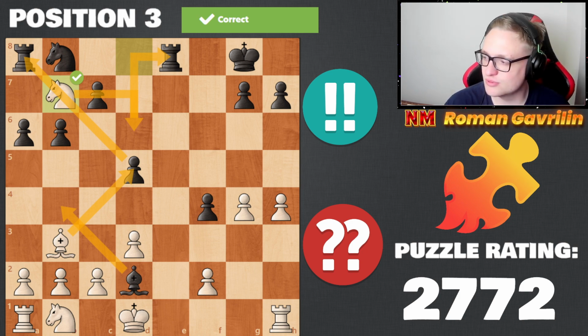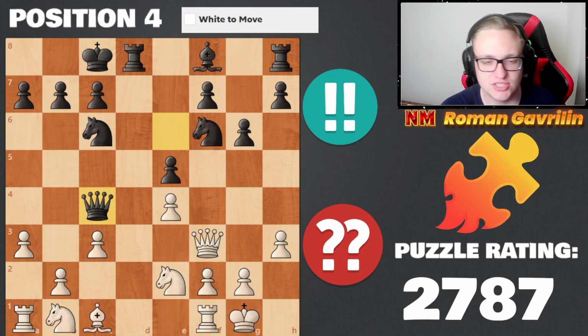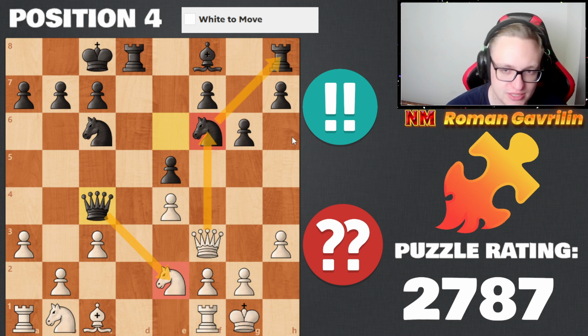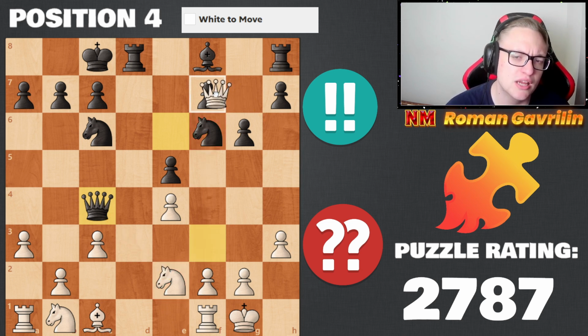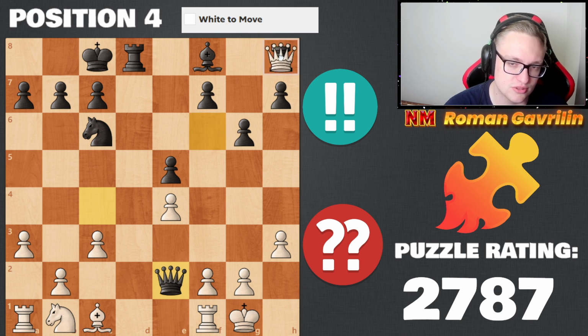Let's move to position number 4. This puzzle is quite easy as well. Black just played queen c4, so their idea is that basically after queen f6, they will take this, and after queen h8 there will be some discovered attacks. But here, it doesn't work for black, and this move queen c4 looks very, very dumb, because after queen f6, let's just calculate. So we have a lot of opportunities, and of course we'll take this rook on h8,